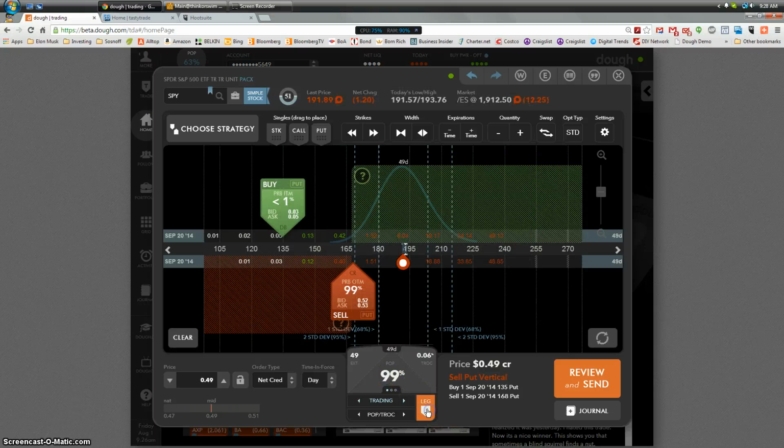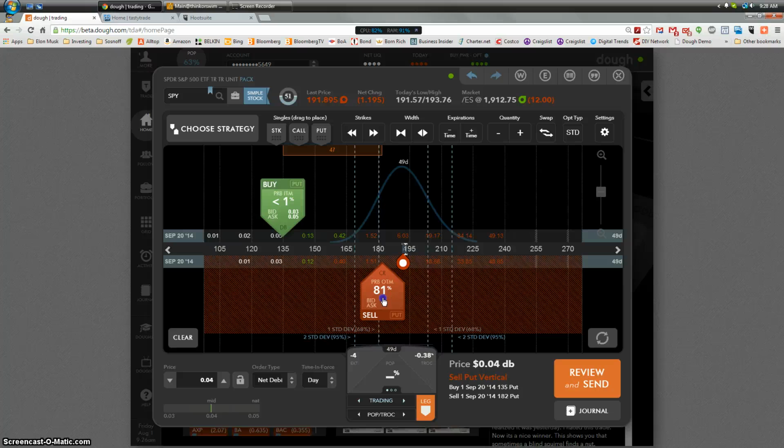Now, how do you manage this? Same thing, right? What if this gets down to like 70%, and you've still got like 45 days to go? What would you do? Same thing. Roll this position out to where you get at least 80,